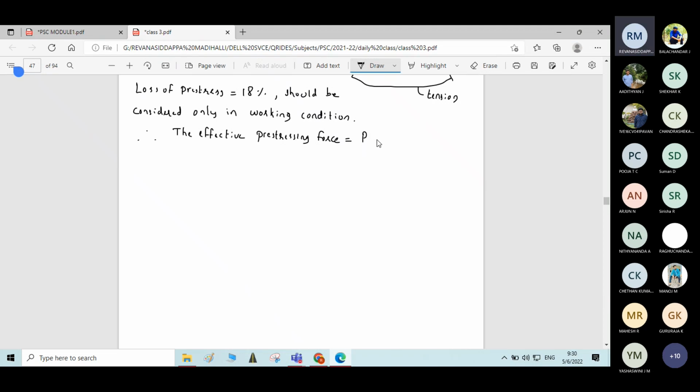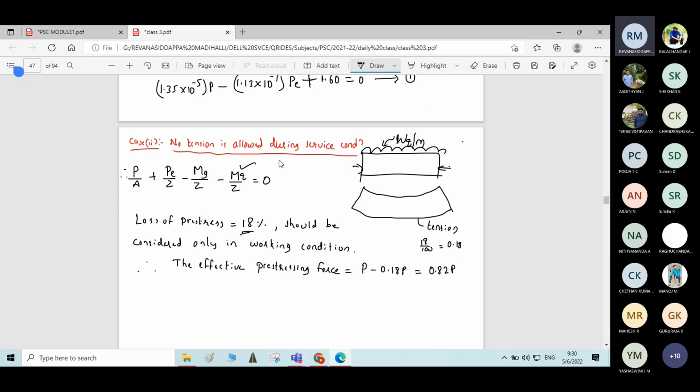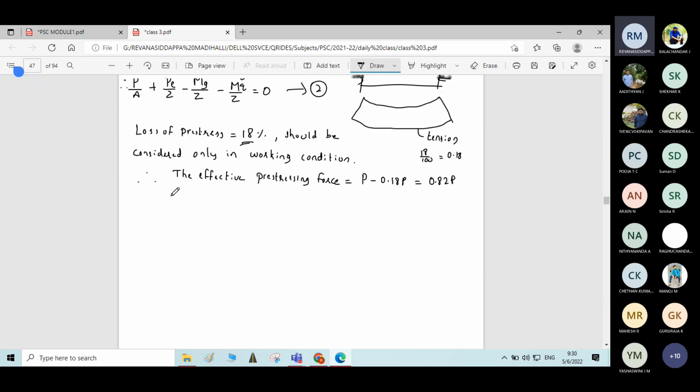P. Initial stress is P. In that there is 18% loss of stress. 18% means 18 by 100, nothing but 0.18. So in the overall pre-stressing force, initial pre-stress, there is loss of 0.18 P. So you will get effective pre-stressing force as 0.82 P. If we call this equation number 2, we can rewrite equation 2 now